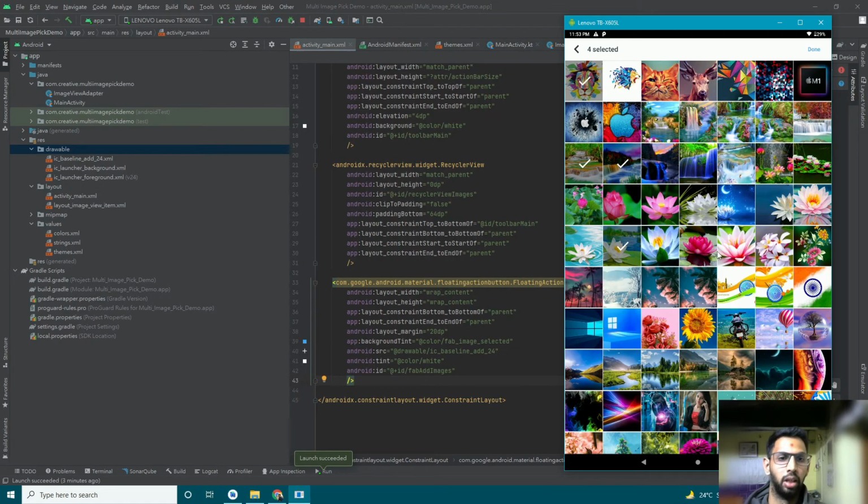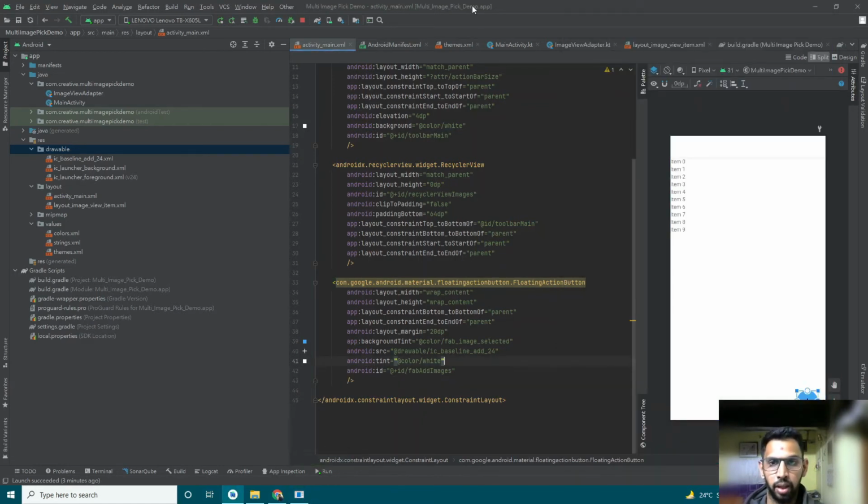One more thing, we have set the limit of 10. So right now I'm showing you the limit of 10. Right now we have select photos. Now I am selecting 10 images. Those 10 images have been selected. Now I am going to select the 11th image, so it is showing me a toast message: you can select max 10 photos. If you set the limit to 12, then you will only be allowed to select 12 images. And if you select the 13th image, then it will show the toast message and the 13th image will not be selected. So this is also a great feature.